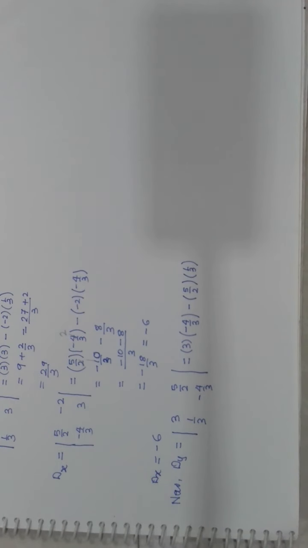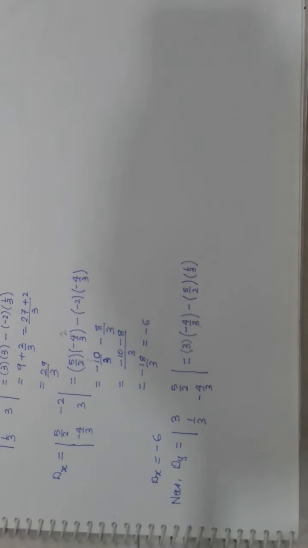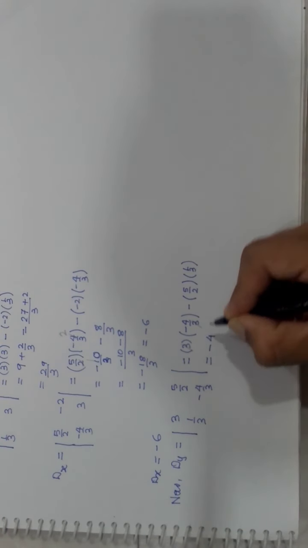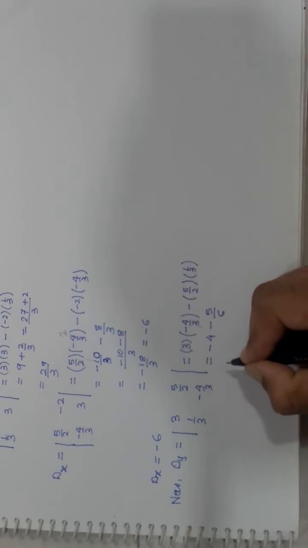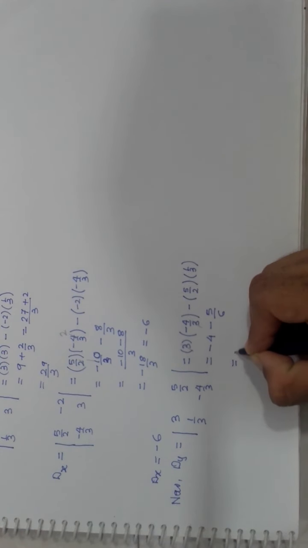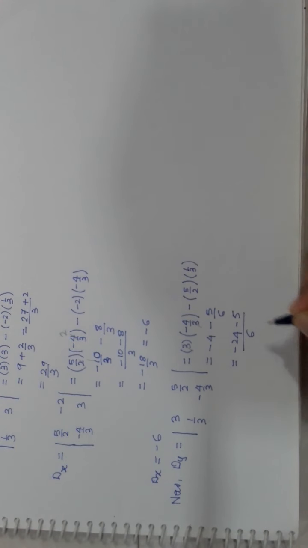Now you can see here very clearly that this 3 is alone, that means it is numerator having invisible denominator 1. So this 3 divides off, nothing else divides. So here you remain with -4 and minus 5 into 1 is 5, 2 3s is 6. Now you can see here the denominator is 6 and 4 has denominator 1. The denominators are not same. So to make the denominator same, LCM or cross multiplication, I will cross multiply, so I get 6 4s are 24, that is -24 minus 5 upon 6.